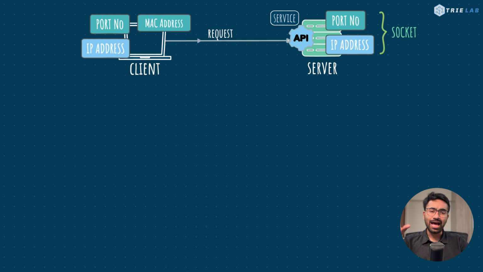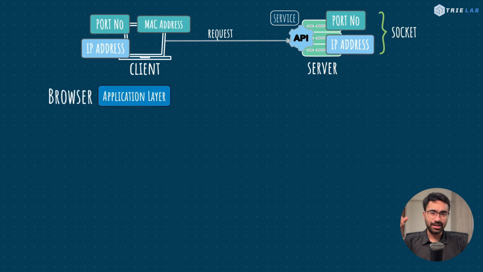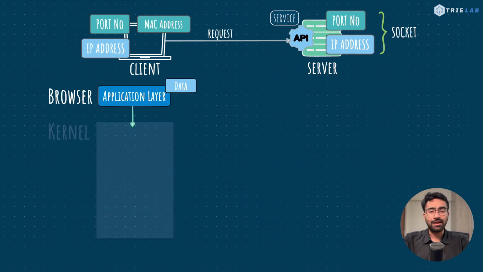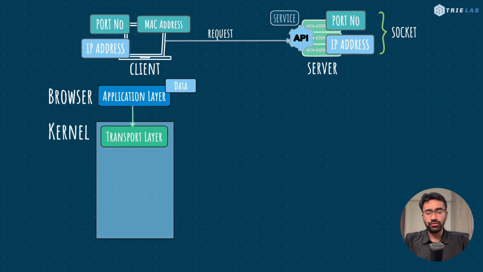We'll start off with the application layer, where your browser is running and you're trying to upload a profile picture to one of the social media sites, for example. So you need to transfer this data, which is your profile picture, to the social media server. For this, your application layer or your browser will form the data and pass it on to the kernel to do the rest of the stuff.